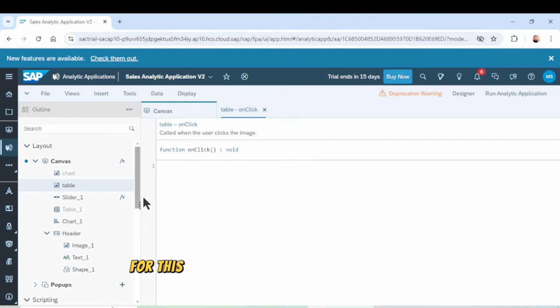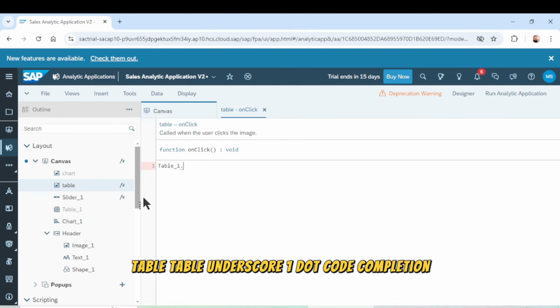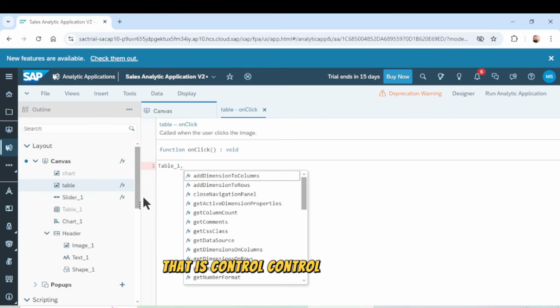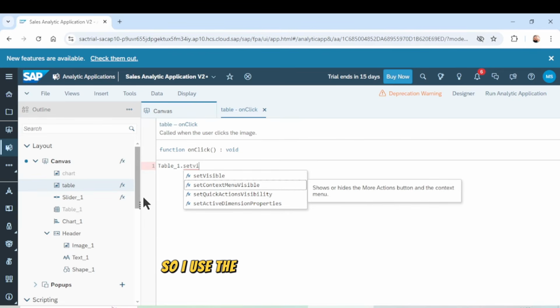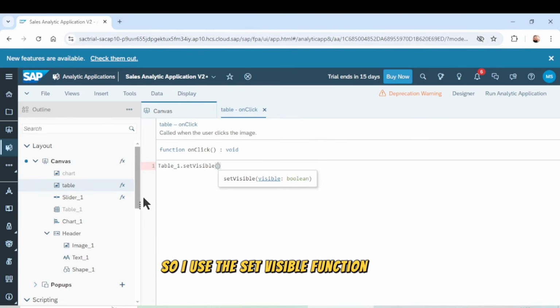So for this we have to write table_1 dot, code completion, that is Control spacebar. Here it is. Now I have to set the visibility, so I use the set visible function here